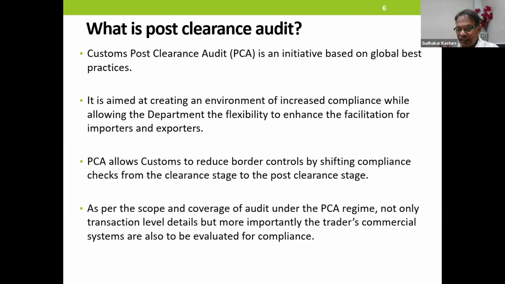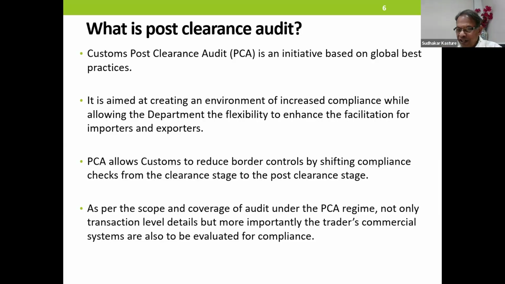So, the original idea is creating an environment of increased compliance while allowing the department the flexibility to enhance the facilitation for importers and exporters. For example, in EU, they'll not hold your consignments. They'll let you go. Subsequently, they will check things. Same thing.